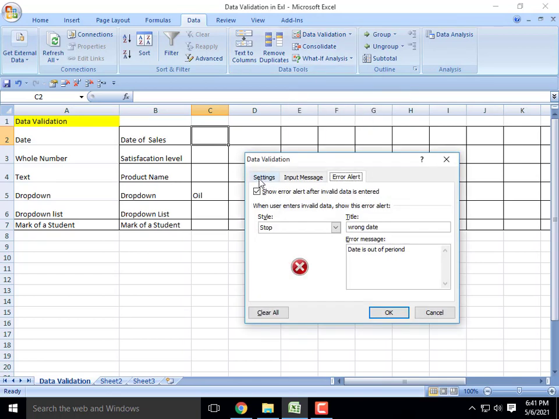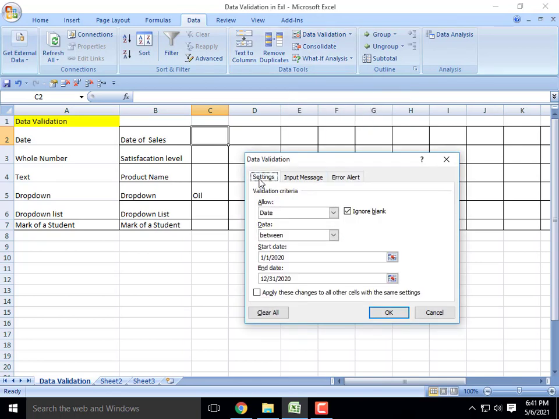In the settings, I choose date between, and allow this range, for example 1/1/2020 to 31/12/2020. This is the date range I want to enter in the Excel sheet. If I enter a date earlier or later than this, it will not accept.